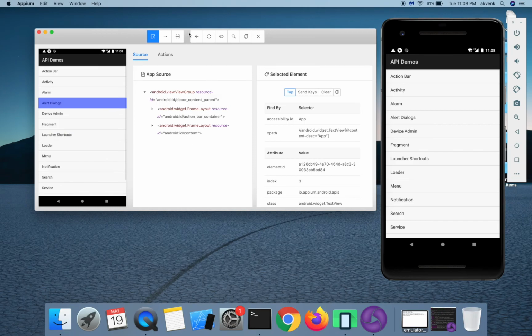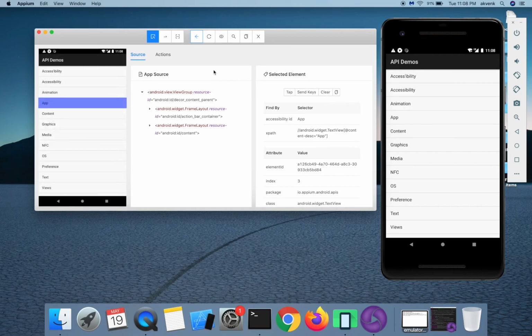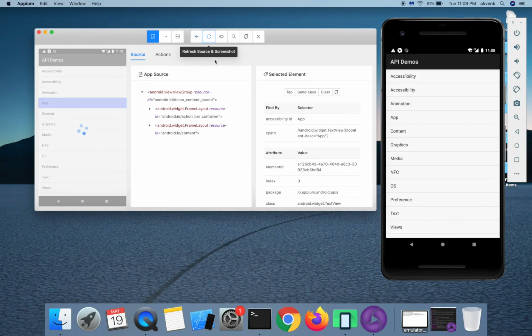on which I'll mention the important ones. One is the back button. If we tap back, it's going to do a driver.back operation, and this is the refresh icon, and it's going to take the new screenshot of the application in the emulator.